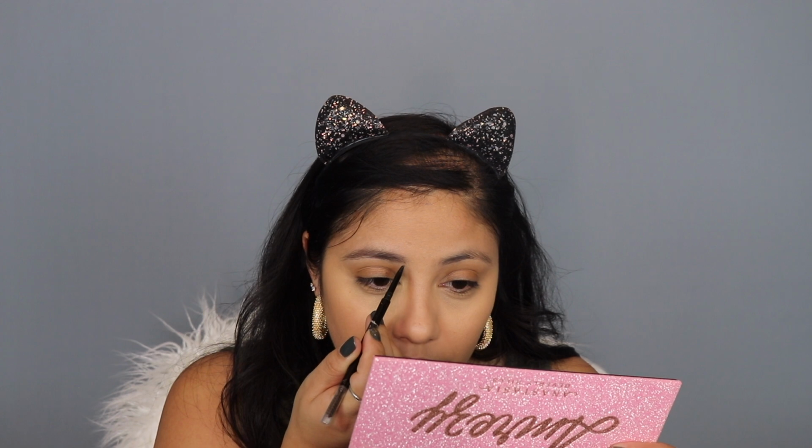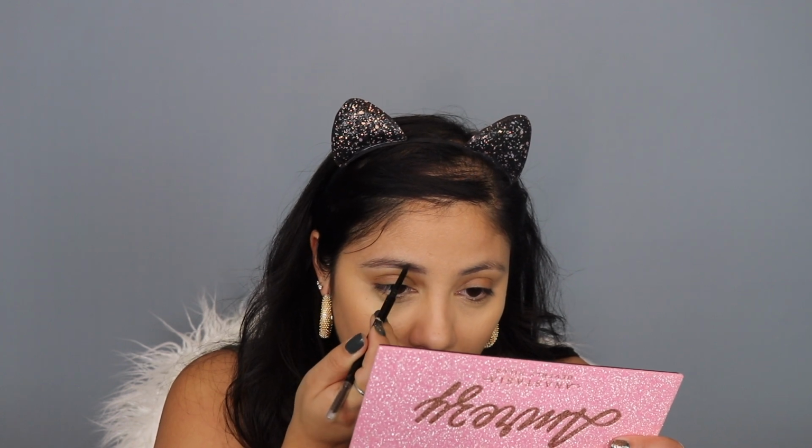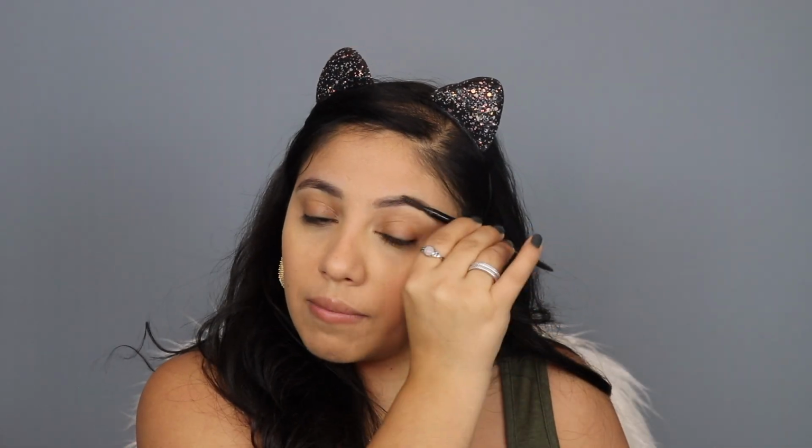But this one is great. It's a waxier formula, so not super creamy. Creamy enough, but not super creamy. And when it comes to the brush on this pencil, the brush is amazing. And I don't know how they did it, but it's amazing. And then